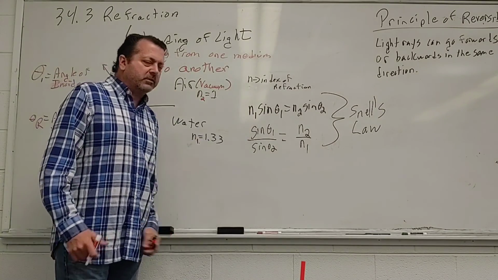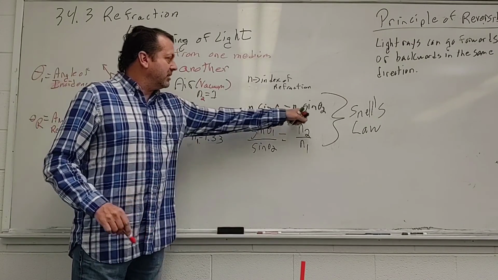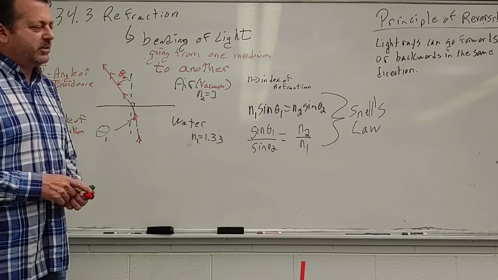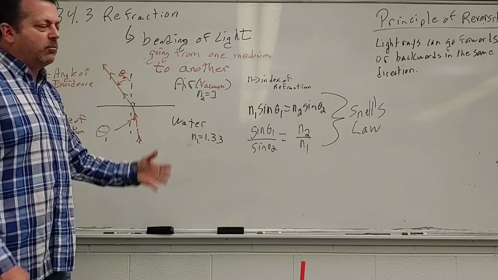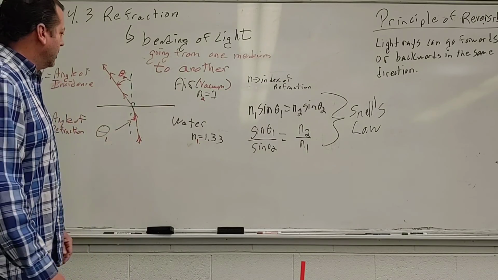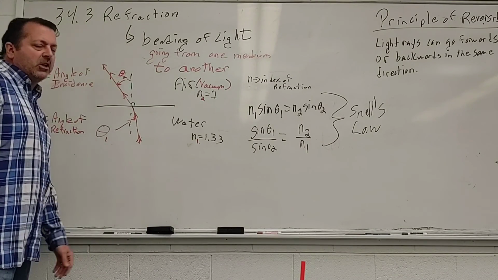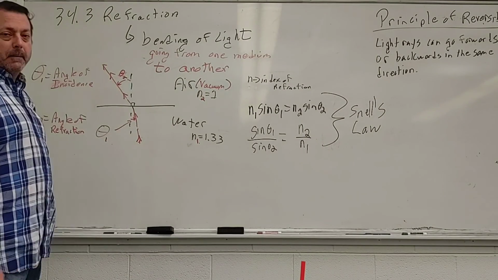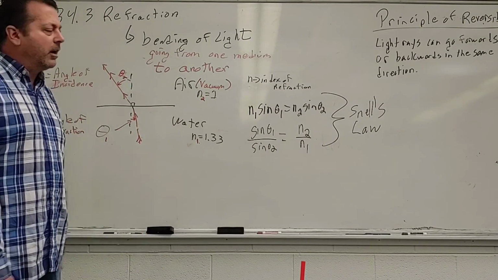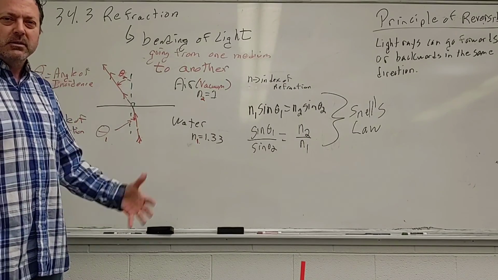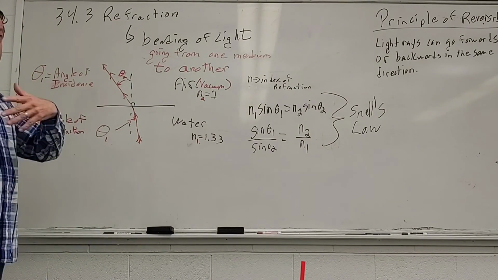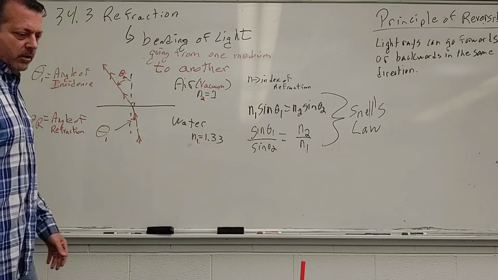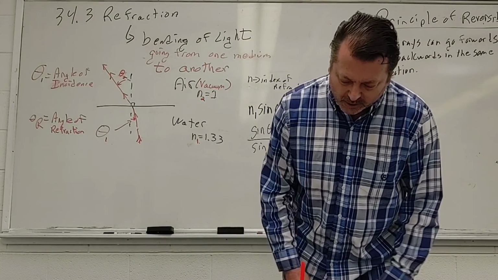this ratio always works. Now sometimes you'll see this written as incidence and refraction. You see that some now. Traditionally, you see it as n1, you just see angle 1 and angle 2. But you can go through multiple materials sometimes, multiple layers of this, and you just treat it one layer at a time when you do that. Thin film stuff. Anti-glare coatings actually are a function of that. We'll get into that, I think, next chapter. So, Snell's law basically is there.